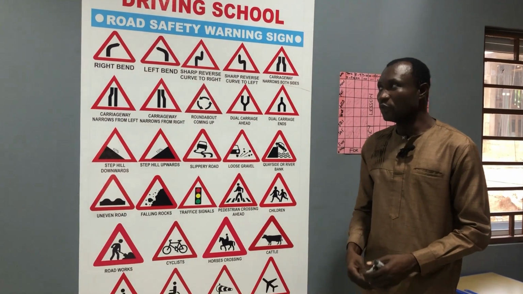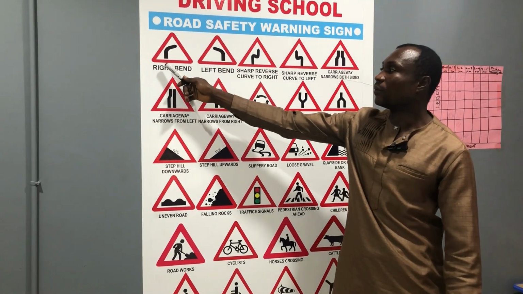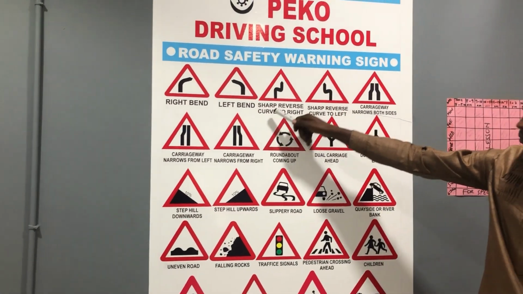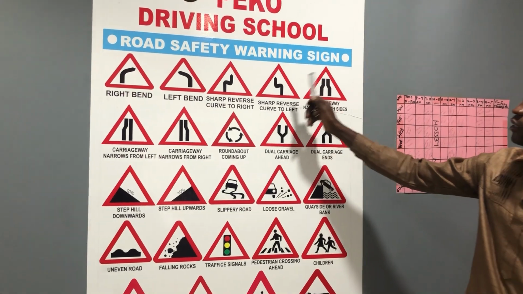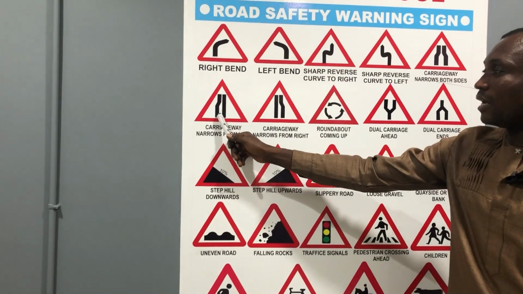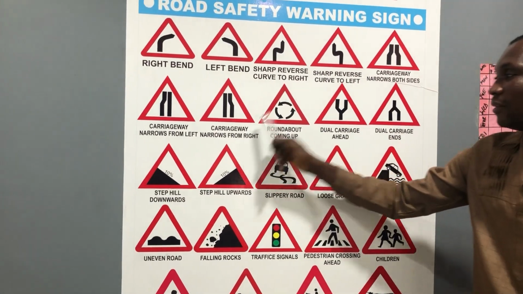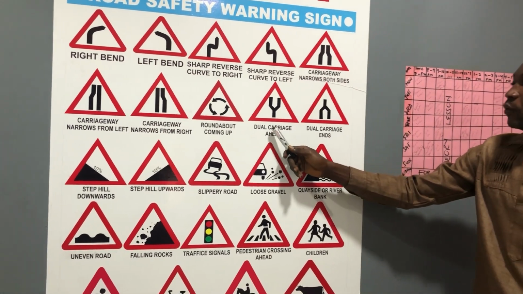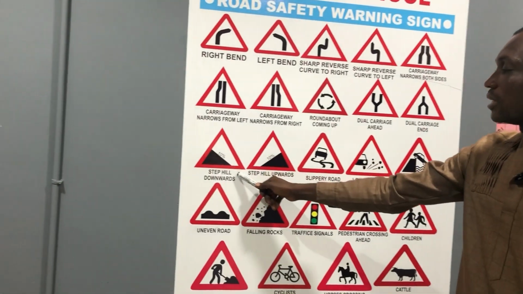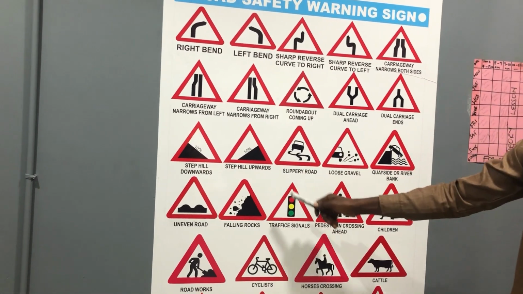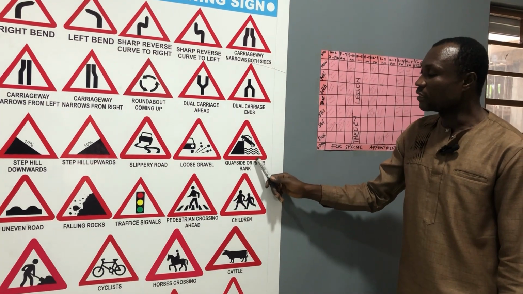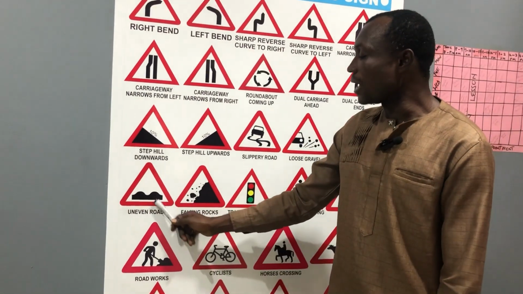So with this, we call it right bend or bend right ahead, bend left ahead, sharp reverse curve to the right ahead, sharp reverse curve to the left ahead, road narrow ahead, road narrow to the left ahead, road narrow to the right ahead, roundabout ahead, dual carriageway begin ahead, end of dual carriageway road ahead, steep hill downwards ahead, steep hill upwards ahead, slippery road ahead, loose gravel ahead, riverbank or quayside ahead, rough road or uneven road ahead,